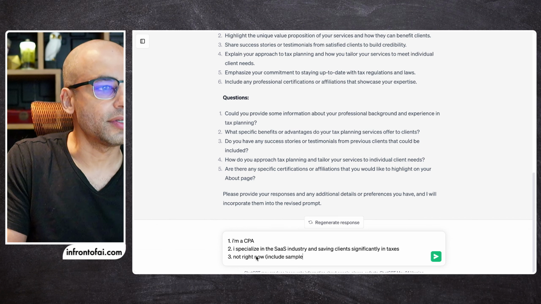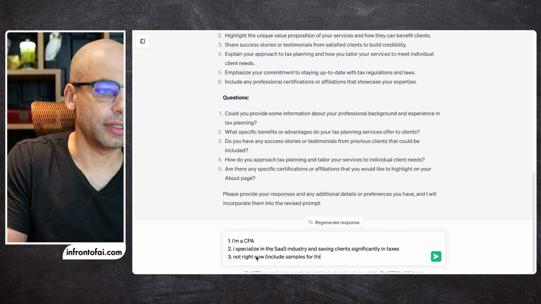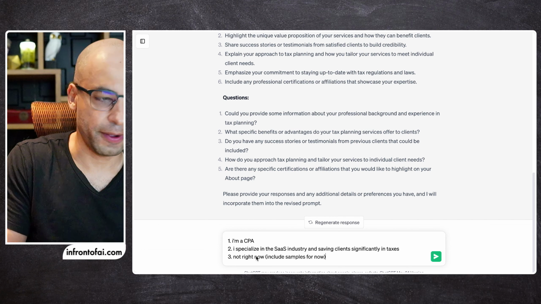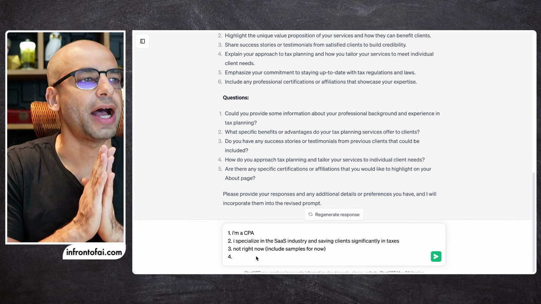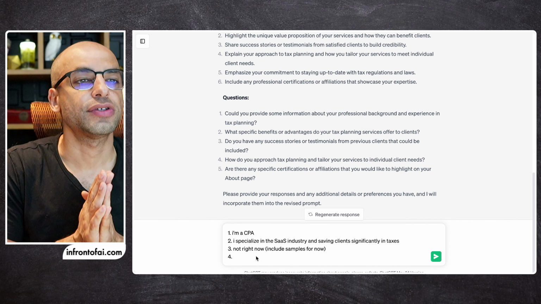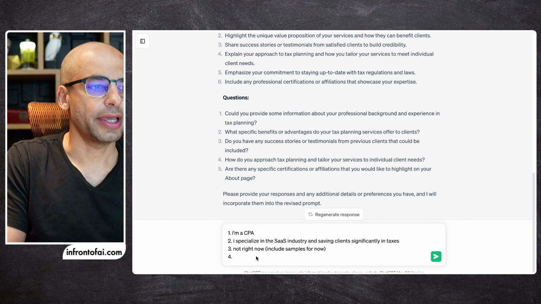Include samples for this. Include samples for now, okay? And then we can always replace those later. How do you approach tax planning and tailor your services to individual client needs? Okay,